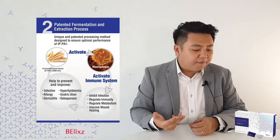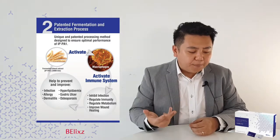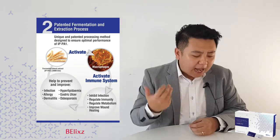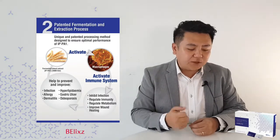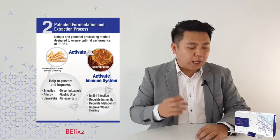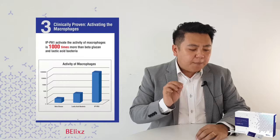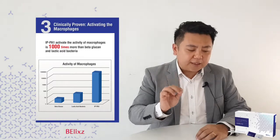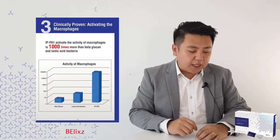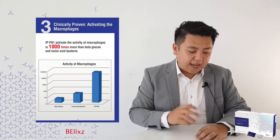And in the end, eventually, it helps to improve our infection, allergy, dermatitis, even hyperlipidemia, gastric ulcer, and osteoporosis. So let us have a look at the clinical studies. IPPA1 has been proven to be more than 1,000 times better than beta-glucan and probiotic, as you can see from